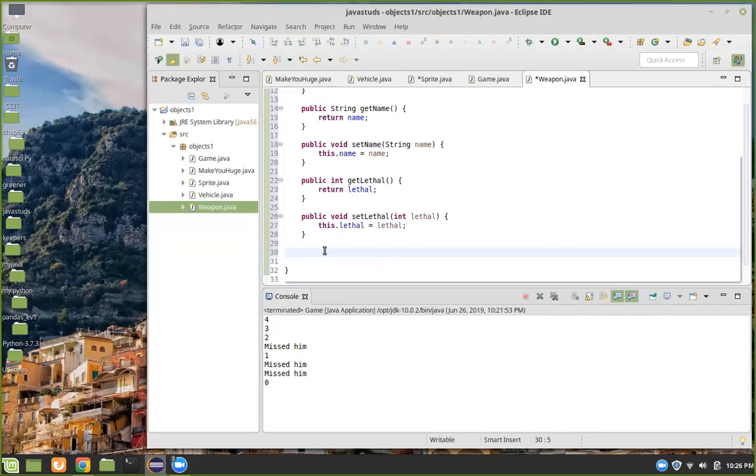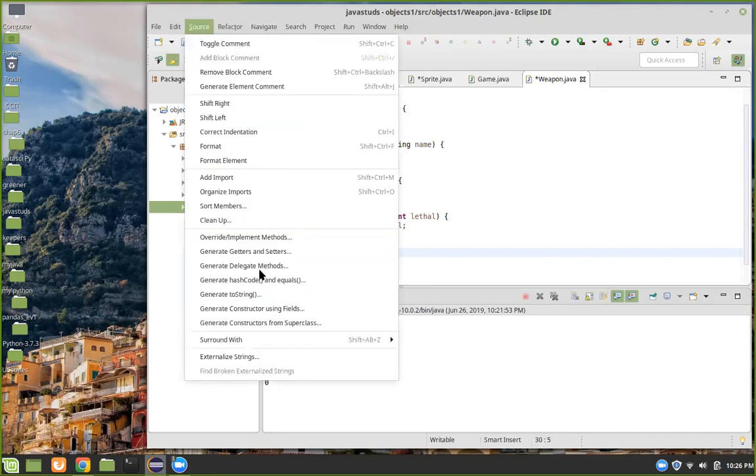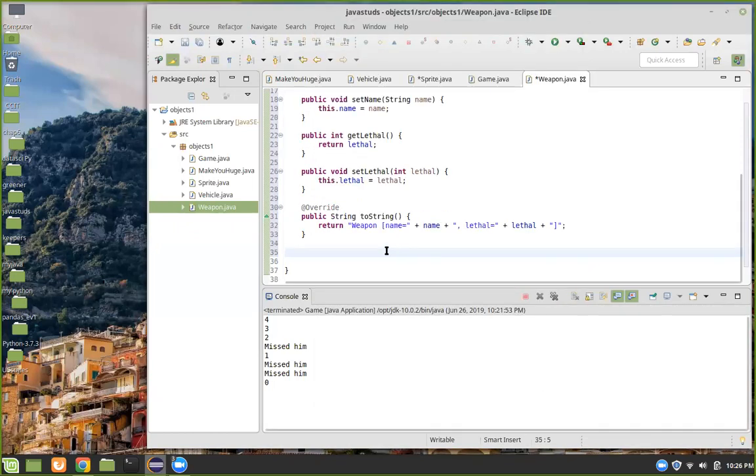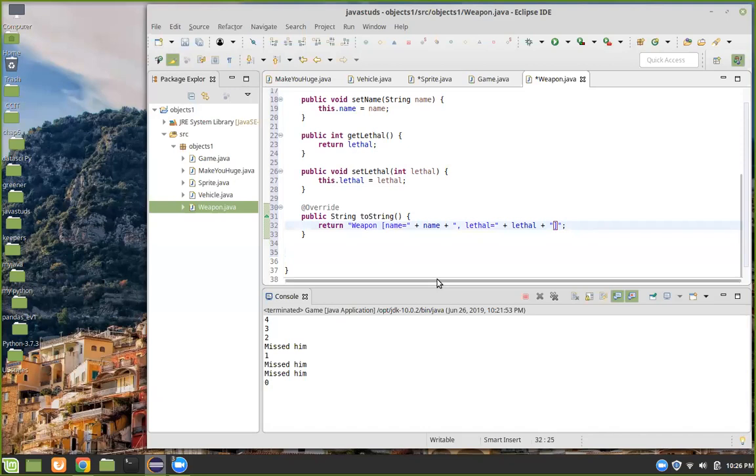And if we wanted to see what weapon was being carried by an individual, I guess we'd have to have a toString. Just go for the defaults, then modify it. I suppose you could use the weapon string in there, but maybe just, oh, you want to do that. Maybe